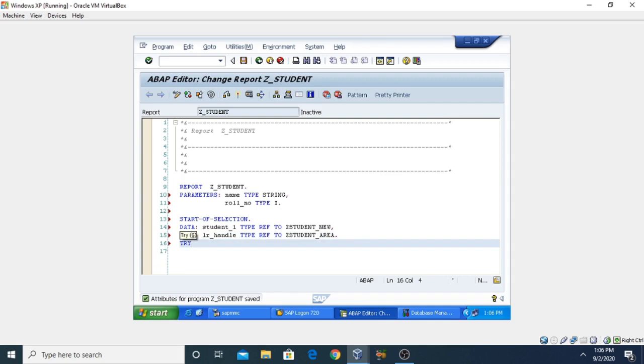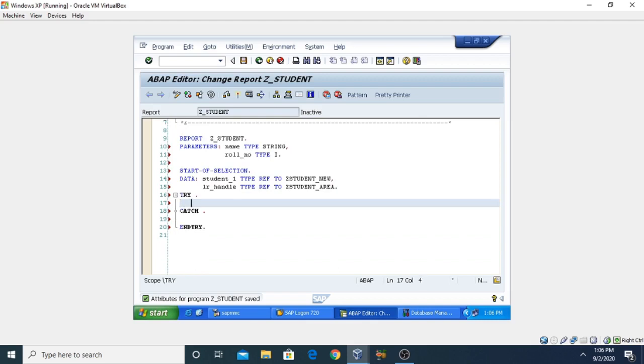We are going to use this TRY because an exception may occur here. Now I am using this handle lr_handle equal to Z_STUDENT_AREA, the class name, then use the component access operator, and I already discussed, there is a method attach_for_write.